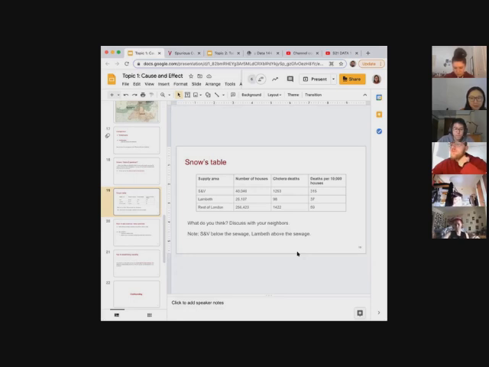Yeah, sounds good. So I think Shell was just pointing out a very important aspect that we really need to focus on the ratios, right? Because we put them on the same scale for comparison, because as Shell pointed out, the number of houses were quite different between the two water supply areas and the rest of London. But if we put it on the same scale, looking at deaths per 10,000 houses, then clearly Lambeth has the lowest, almost like 10% of the one under SMV.